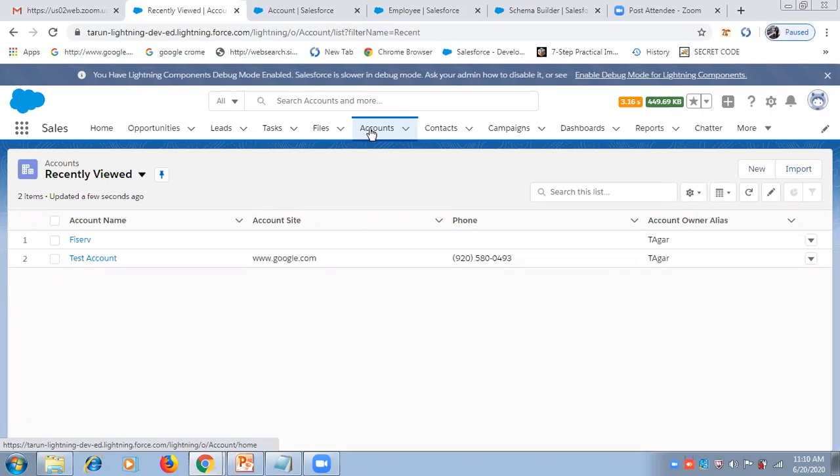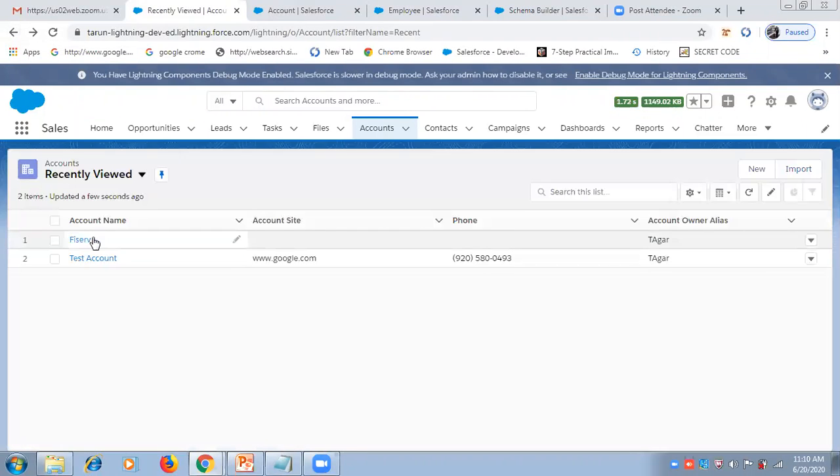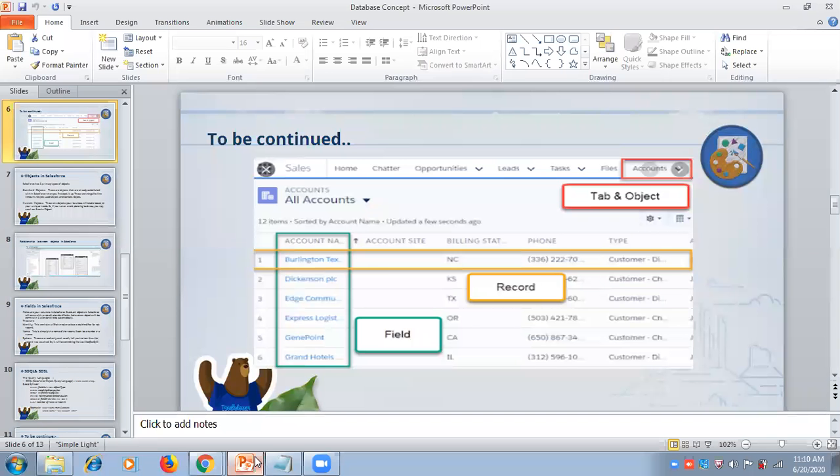In Salesforce, every object is converted to a tab. Here Account is the object, which is a standard object, and Account Name, Account Site, and Phone are fields, which store information for different attributes. And these are records, like row 1, row 2. We will learn more about this in further slides.